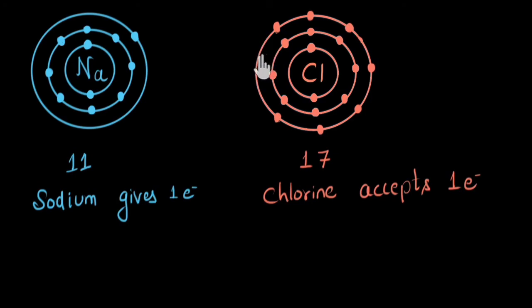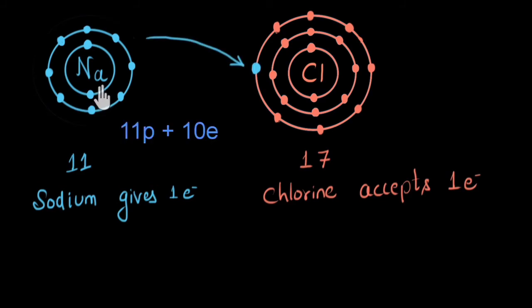But see, there are a few more things that happen. Over here, sodium was a neutral atom in the starting. It had 11 protons and 11 electrons, equal number of positive and negative charges. But when sodium loses one electron, now sodium has 11 protons, but it has only 10 electrons left. That means sodium has one extra proton, meaning one extra positive charge. So over here we now get sodium plus ion. Now since over here chlorine is getting an extra electron, chlorine will become chlorine minus ion. Chlorine will get a negative charge.